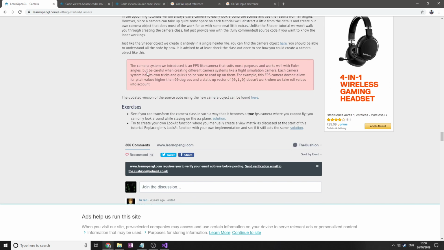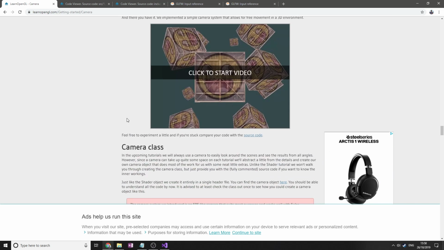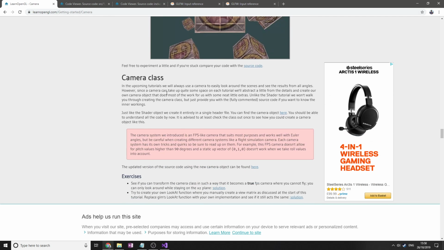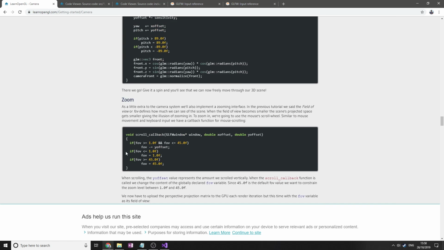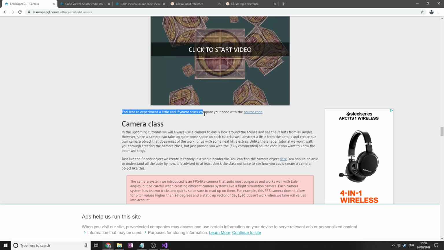Right. So what I was doing, I was looking at the camera class on this Learn OpenGL camera tutorial just to see how other people have done it, because I followed a course and I wanted to see how different it was. So I went down to the bottom of the page and it says experiment a little, if you're stuck, compare your code with the source code. So I just went down to the source code, had a little look,